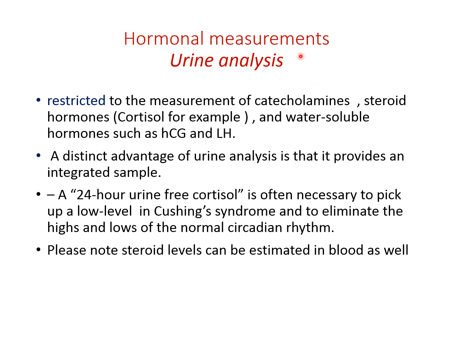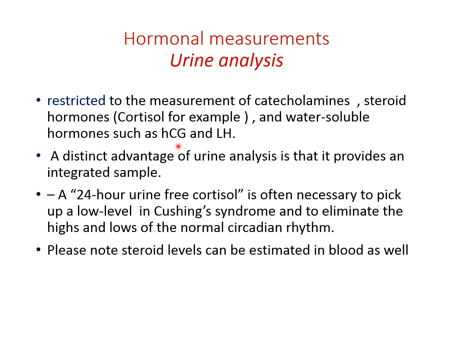Sometimes you can do urine analysis for hormones. You cannot do it for all hormones, but you can do it for catecholamines, steroids as well, HCG and LH. HCG is very common. Urine analysis of HCG is common for determination of pregnancy, because HCG dramatically increases in the first couple of months during a pregnancy, and you can detect it in urine in a week or 2